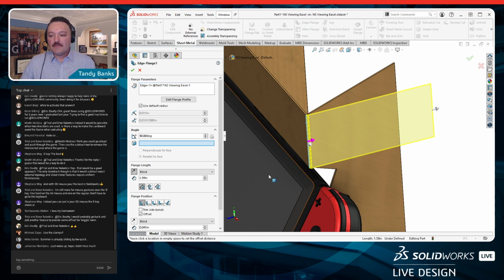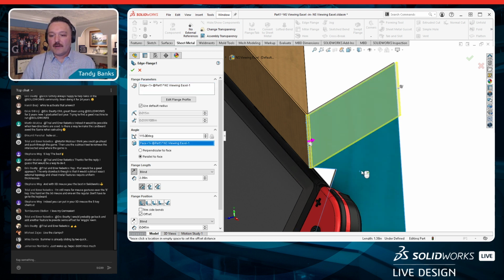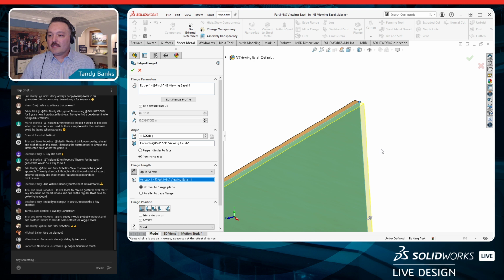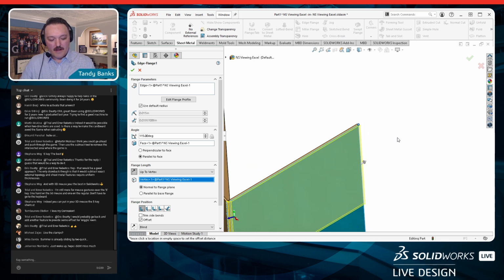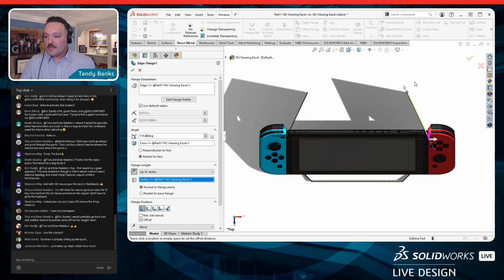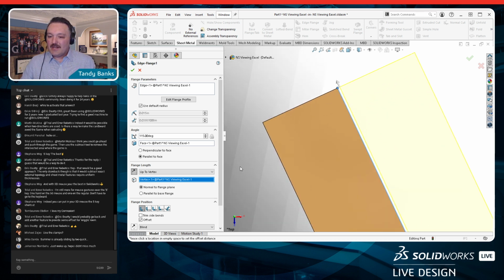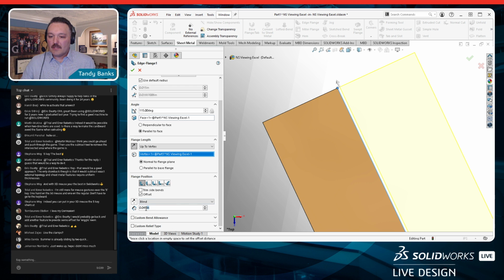I'm going to use that same function where I'm going to come over and choose a parallel, and then I'm going to choose to go up to a vertex. So we'll select the vertex, and then I'm going to go back to my top view, and check and see, hey, is that giving me a gap that I want? And it's not quite enough gap, and so maybe I want to increase my offset a little bit. Ooh, that's a little too much. Maybe we'll